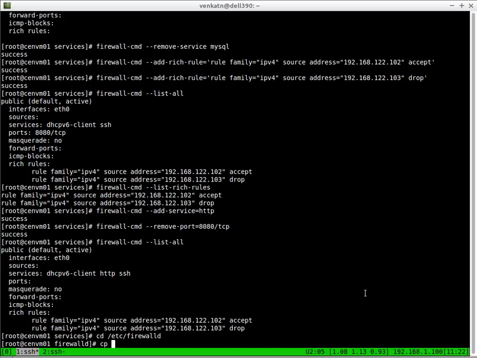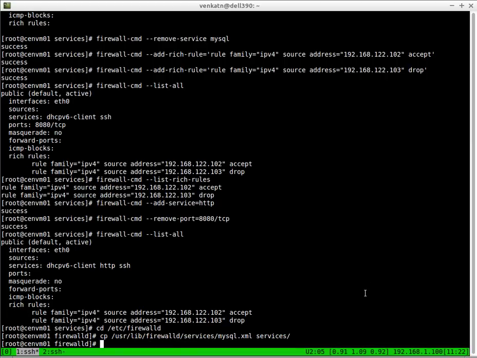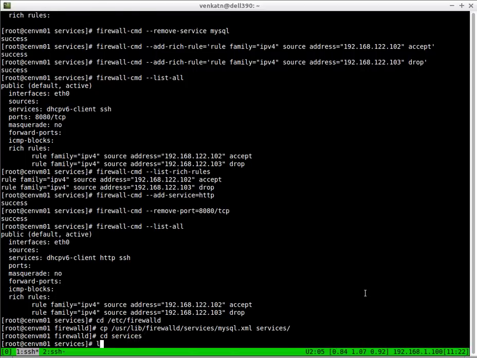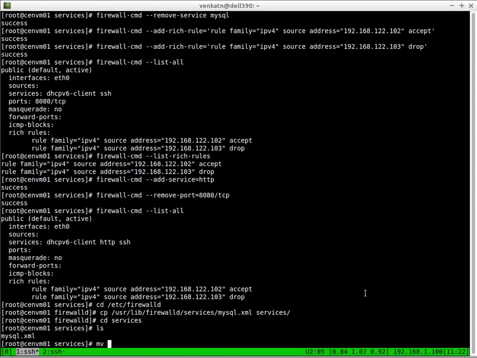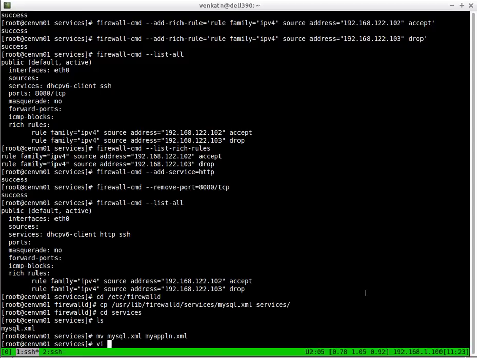So I'm going to copy the MySQL service configuration file, which is in /usr/lib/firewalld/services/mysql.xml. So we are in /etc/firewalld. We need to copy it into the services directory and rename that to myapplication.xml, and